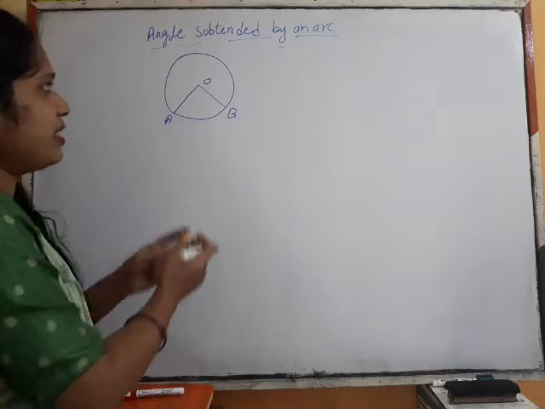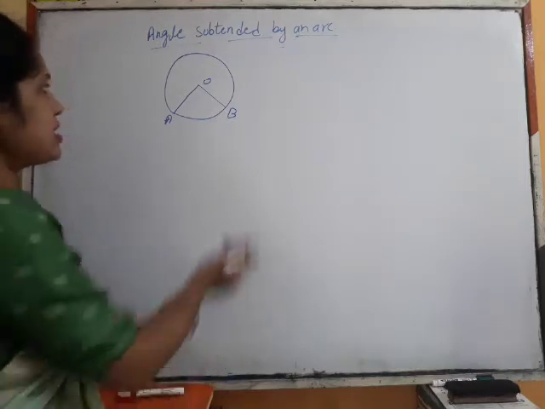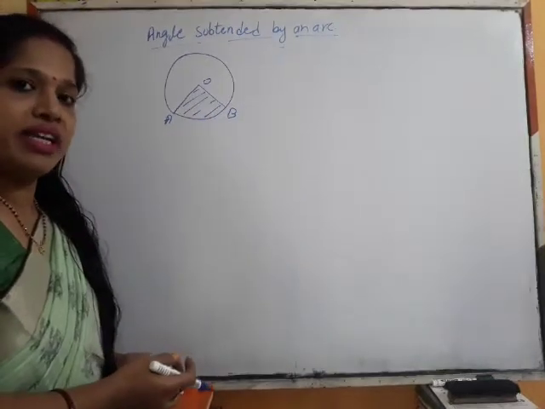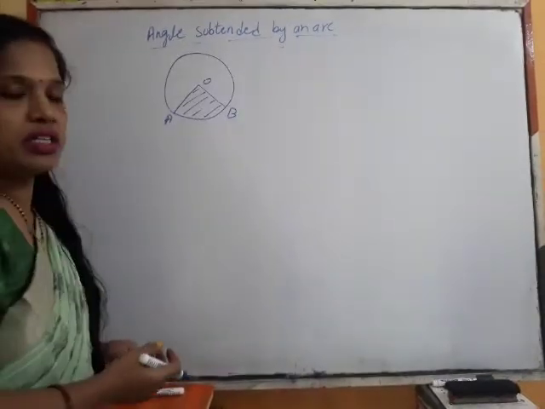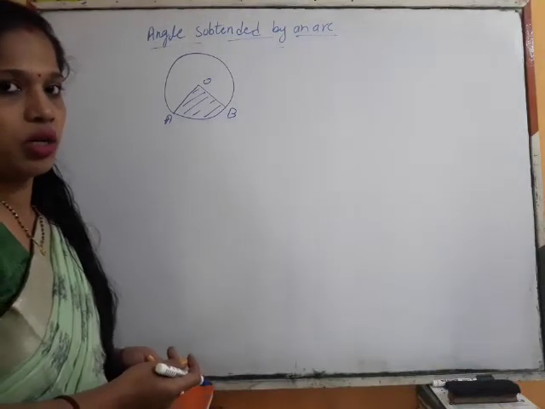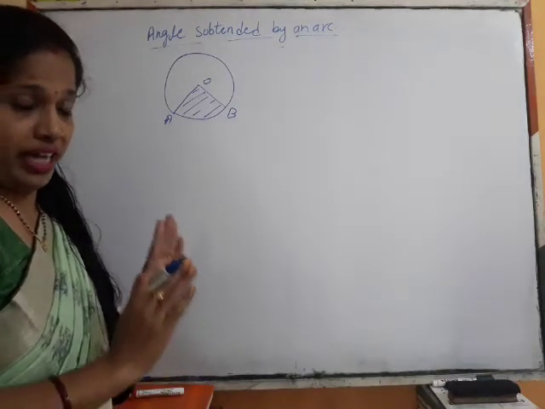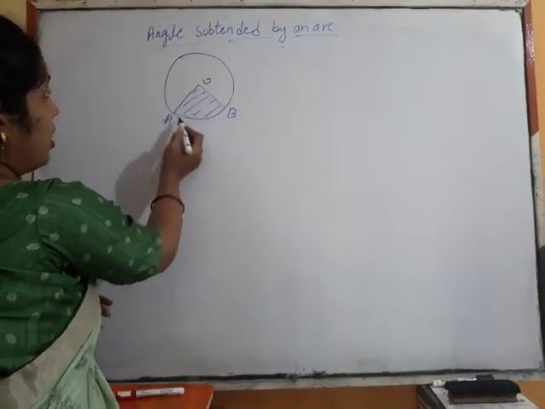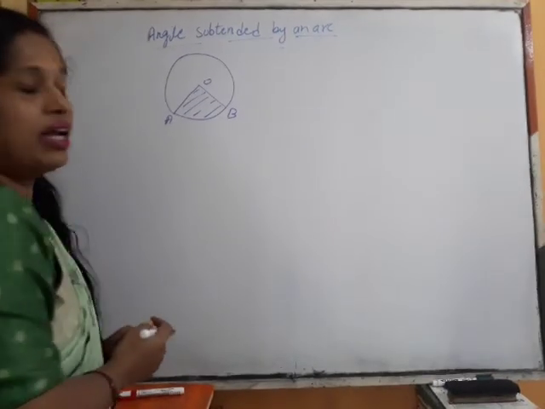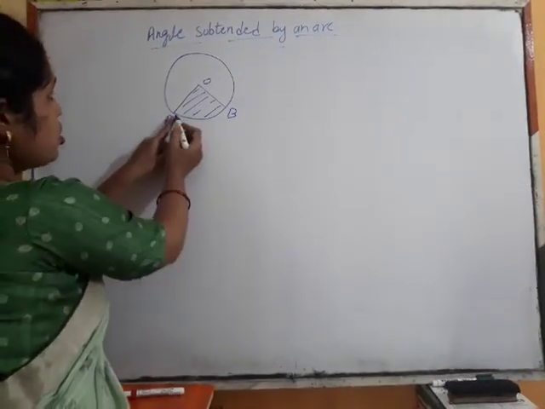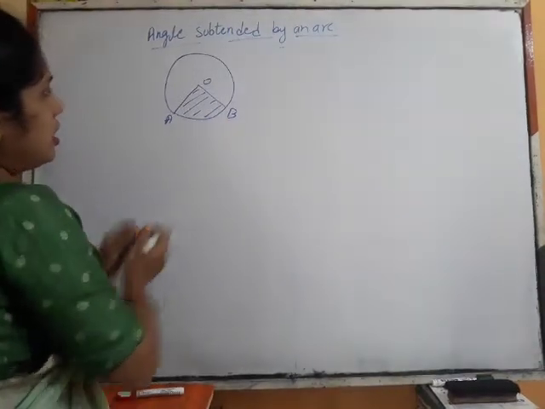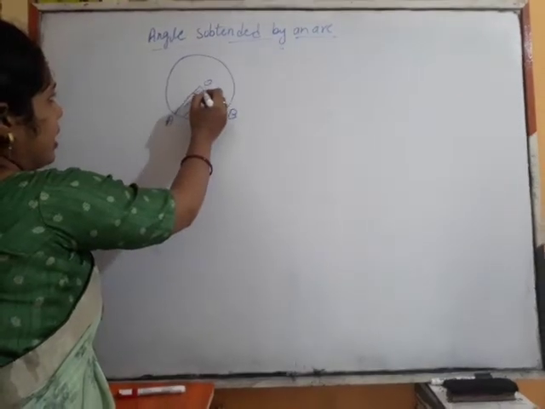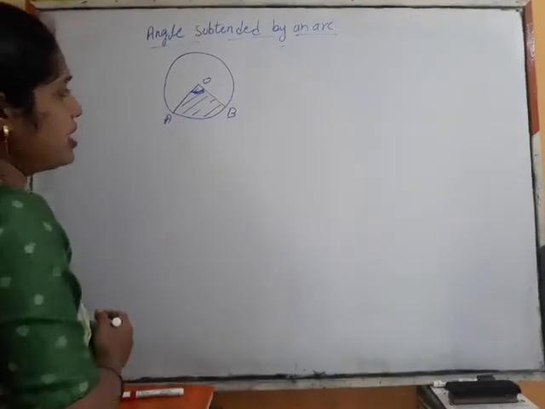So it has divided the area of the circle into two parts. This becomes a sector, that is the minor sector, and the remaining part of the circle is now the major sector. That we don't want to discuss here. We have to discuss how this angle is subtended by an arc. So the ends of the arc are joined with the center, and this is the angle which is subtended by this arc.